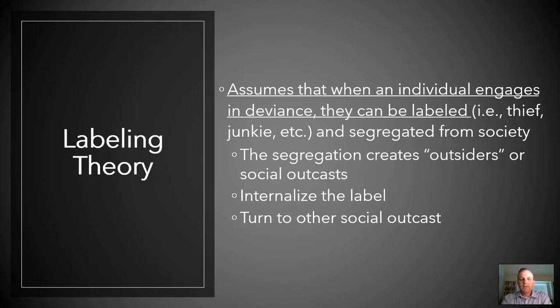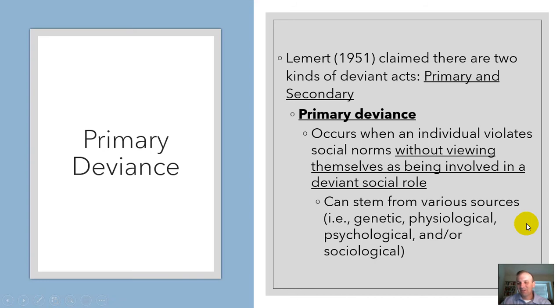It happens when you're removed from normative society in your mind to some degree, and then you internalize this label and become a social outcast. As a result, people tend to go find other groups that they'll fit in with, that don't really care about that label, that perhaps themselves are labeled as such or believe that they are labeled as such. And thus is the labeling process in a nutshell. I know it's very philosophical and kind of esoteric to some degree.